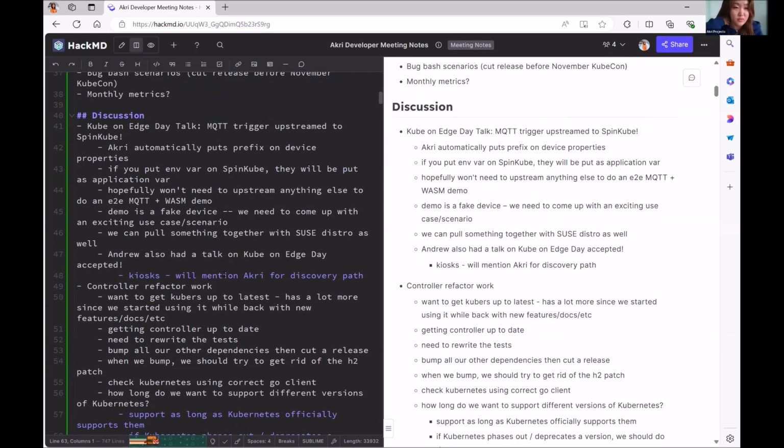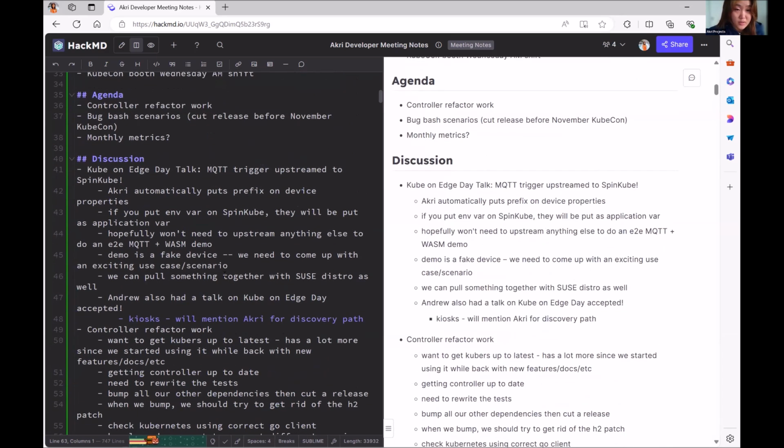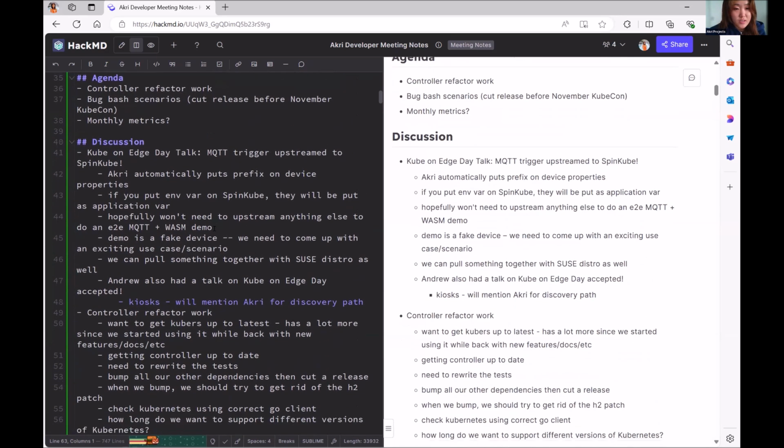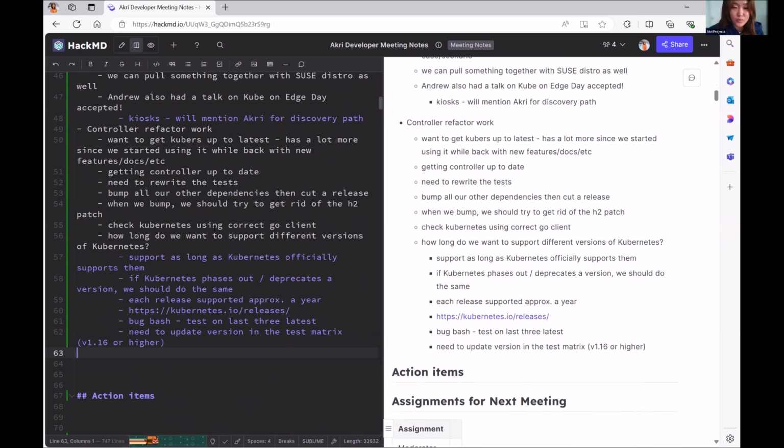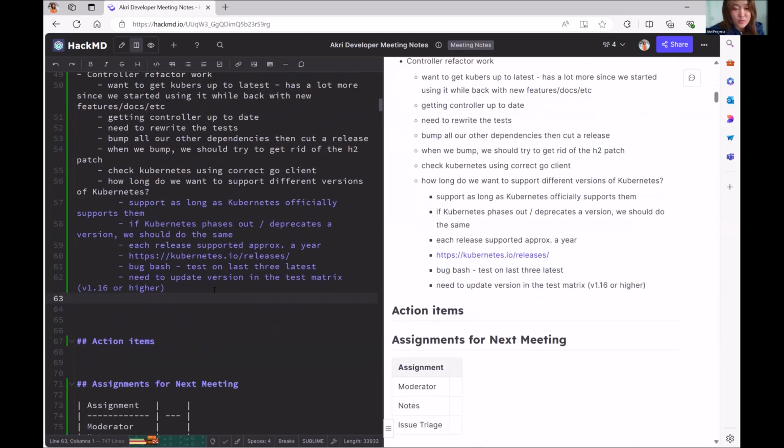So, speaking of bug bash, in lieu of the release, which I think now we're just trying to get before KubeCon with the agent refactor, controller refactor, and other little fixes and features, Ethan started working on a template for the bug bash, but I think we'll need your help to fill out more of the scenarios, testing, like the edge cases for those refactor work. So Ethan, do you want to quickly go over those?